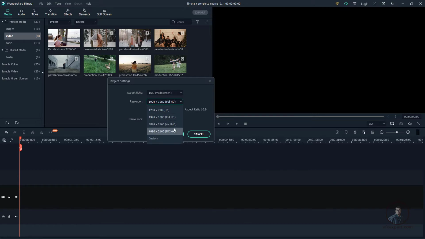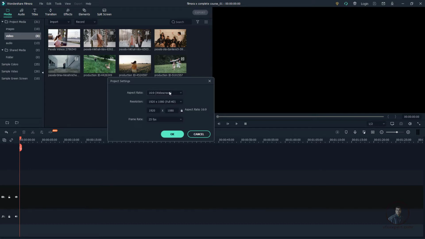And if you want to create a 2K or 4K video, then from here you can go. So this is 4K, this is full HD, and this is half HD. According to your requirement you can select your resolution. Here again select this full HD, which is 1920 by 1080. Again if you want to create a 1920 by 1080 full HD video for mobile, then you can select this portrait option. It will just reverse these options, so it will give a portrait window here.